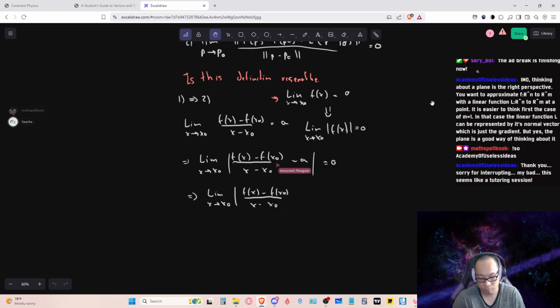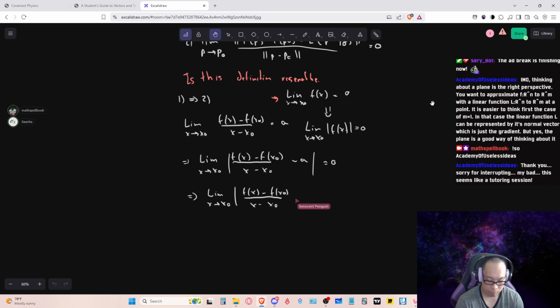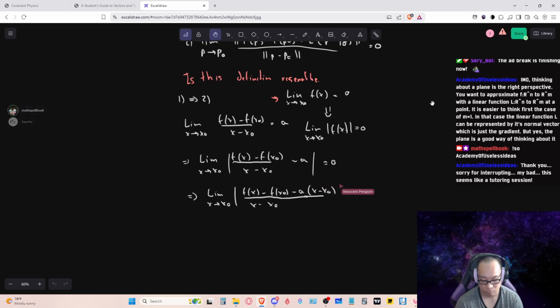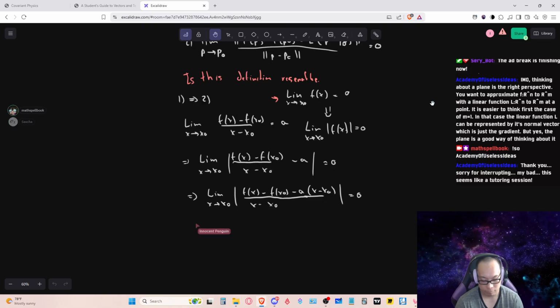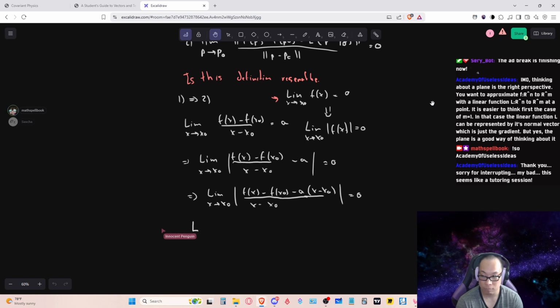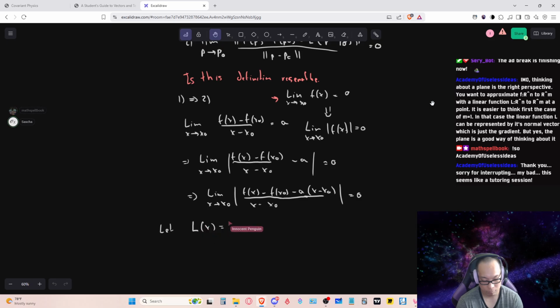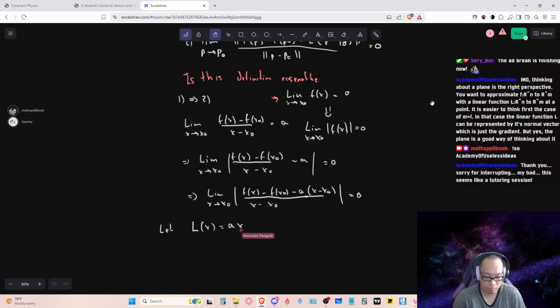So what I would like to do is put these a's on the same denominator, so I could do something like that. So I will get something that looks like that. Okay. And now what I choose as my L, if we define our linear map to be just a times x, then this whole expression can be written as